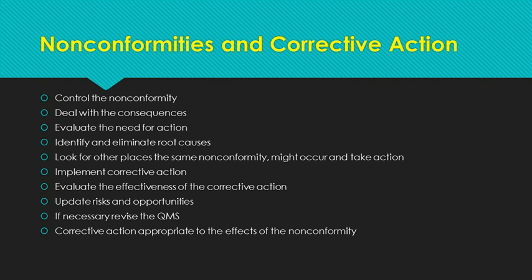And then you have to implement the corrective action. In other words, fix it. And when you're fixing it, try and make it so that it's foolproof, so that it's harder to do the product wrong than to do it right. Is there a way to make it so that you can only do it the correct way? You try and make it impossible to make the product wrong.